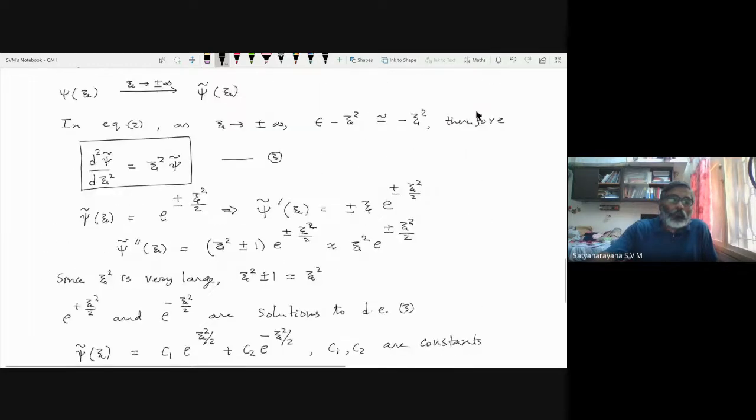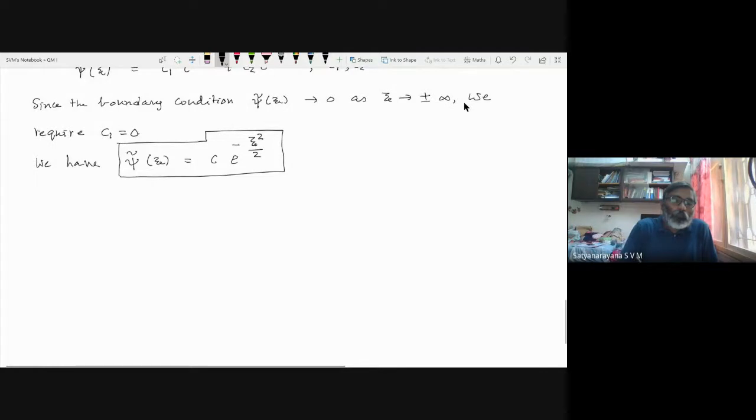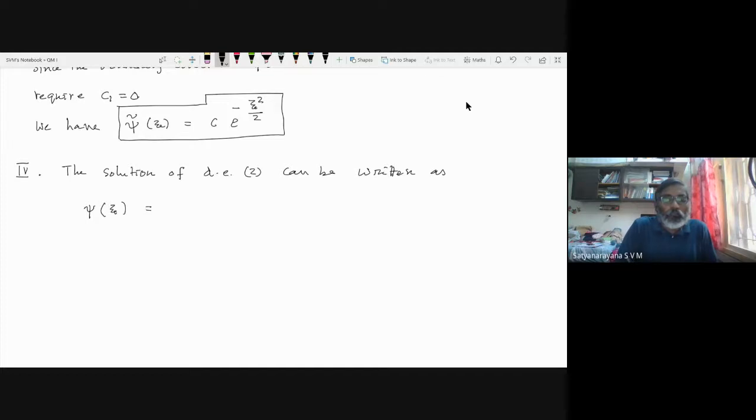Now let us go back to our original. Okay, so now let's come to 4, where we are now going to say that the solution of differential equation 2 can be written as psi of xi is equal to,